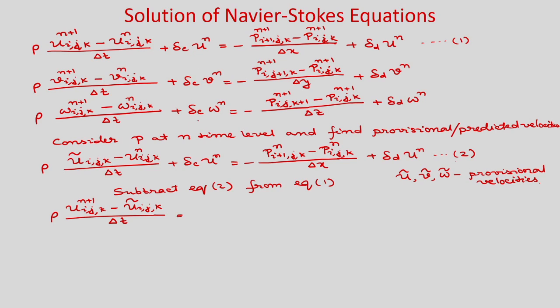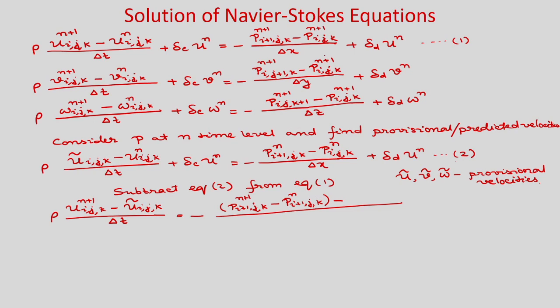These convective terms will get cancelled because it is at same time level n, and for the pressure term you will get p I plus 1 j k at n plus 1 minus p I plus 1 j k at time level n